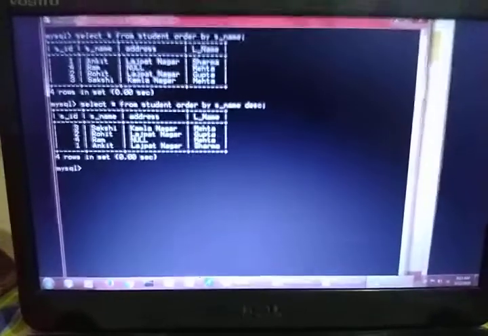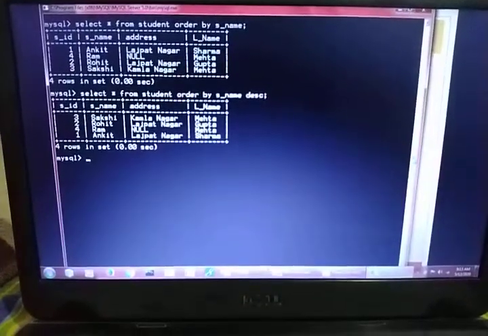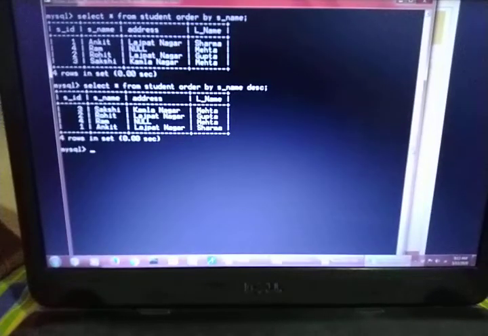Is it clear to all? Fine. So you use the where clause when there are some conditions, like whose ID is this, whose ID is between these values, or those who live at a particular address. So you can check according to the conditions. I hope the order by clause is clear to all of you, how to arrange in ascending or descending order. For ascending order you can also write ASC, or if you write nothing, by default it shows the records in ascending order. For descending you obviously have to write DESC. Fine. So let's move to the next clause.